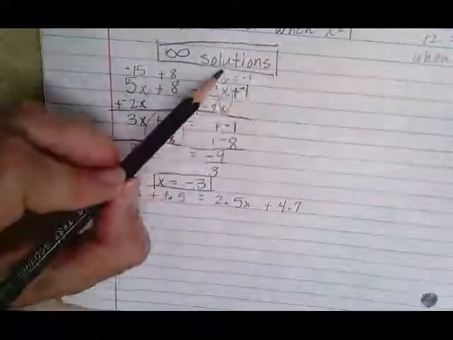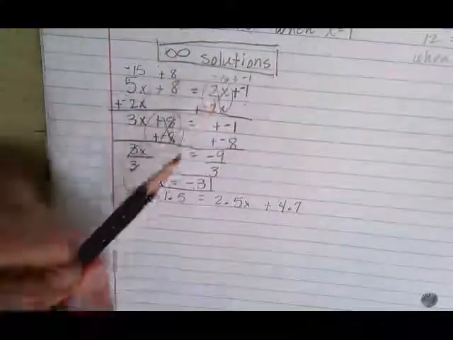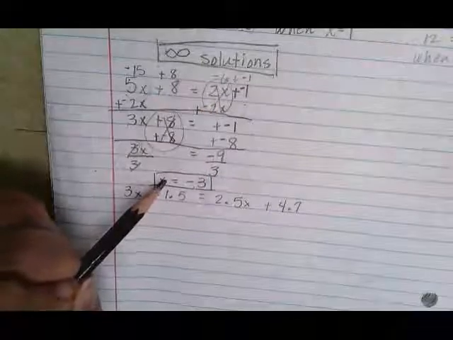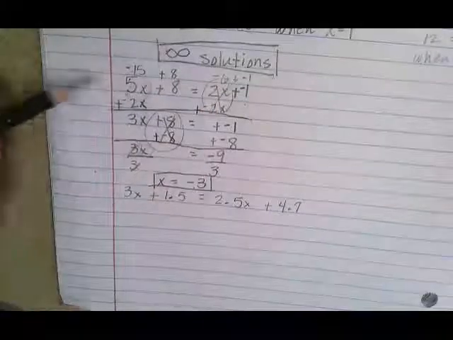So that would give me negative 7. So negative 7 does equal negative 7. I just have one answer here. Let's go back and look at